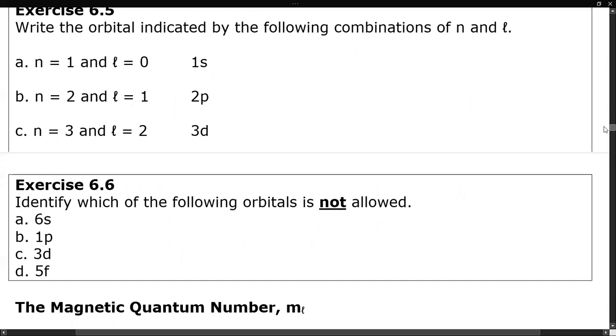And that brings us to the next question, which of the following is not allowed? All right, s is allowed for all, but that 1p is not an allowed orbital because you only get an s orbital. Now 3d, the d's actually start with 3. L equals 2 is d, so you're going to see that starting on the third row. 5f is certainly allowed. f's start with 4. So s's start with 1, p's start with 2, d's start with 3, and the f's will actually start with 4. Any number less than that's not going to be an allowed orbital.